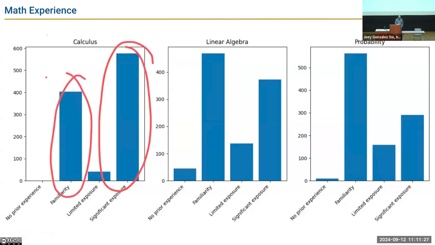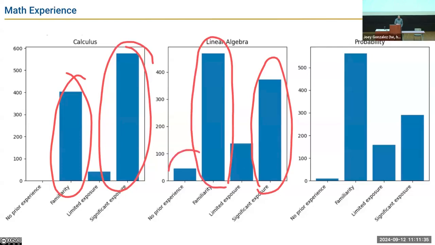Some experience. Linear algebra, this is pretty standard. Some of you think, I'm pretty good at linear algebra. And then some, meh. And maybe some of you are down here too. Linear algebra we'll talk about in a moment, but bimodal, we have two classes here. In probability, much more of you have some basic familiarity, some limited experience.